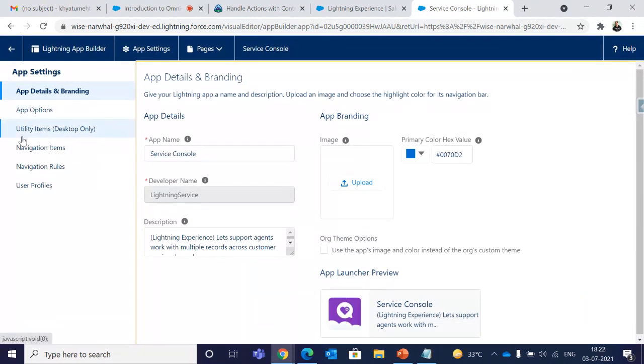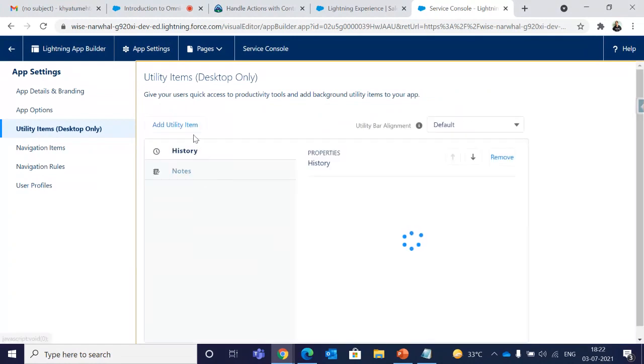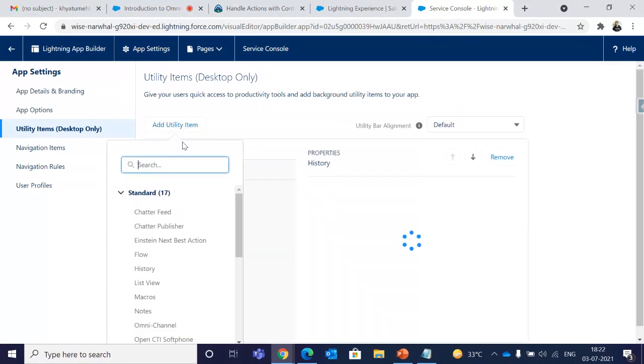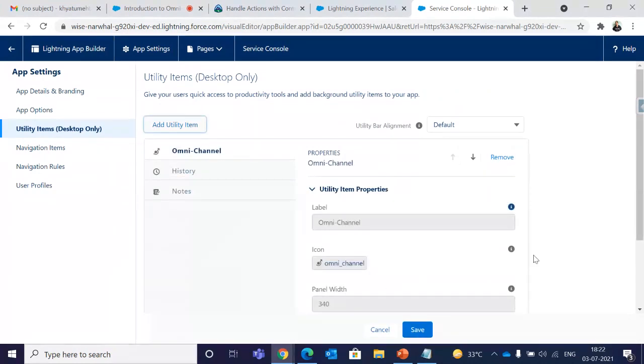On the very left, you'll see utility items. Just click on that. Click on add utility item and you'll see omni-channel over here. Just click on omni-channel and just click on save. So by doing this, I've just added omni-channel in my application.